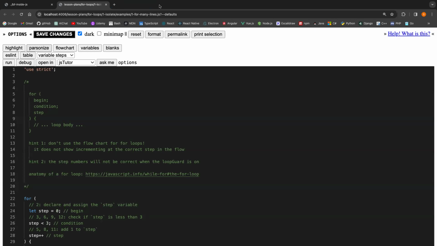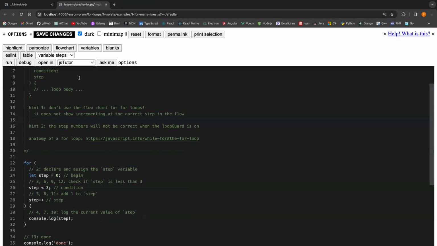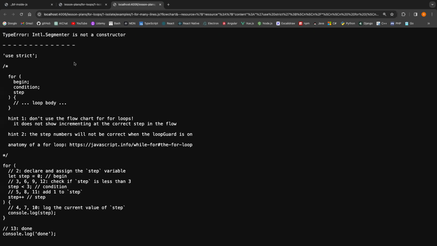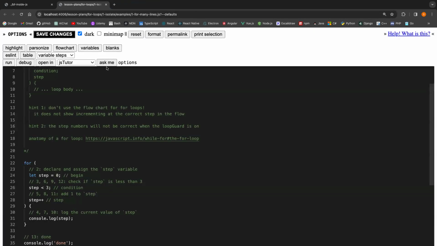That's fine. After that, we have the flow chart. Now, the flow chart here in the for loop is not that interesting, but if you have an if condition, it will, now here it's not working actually. But if you have an if condition, it will show you something like